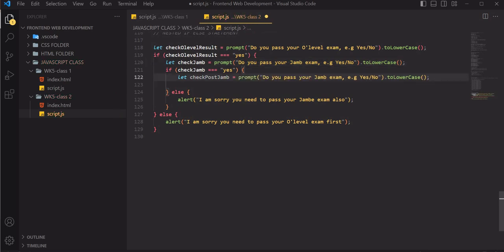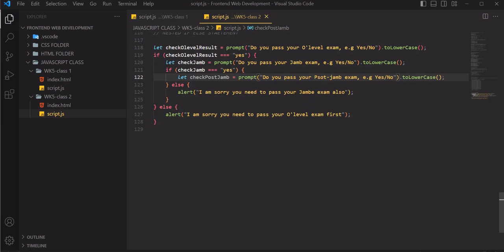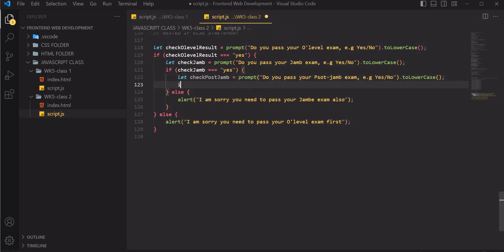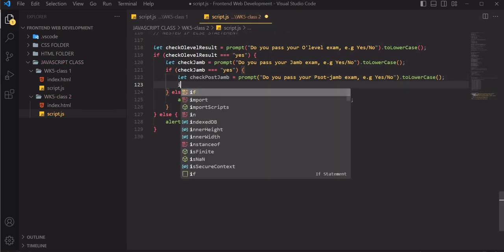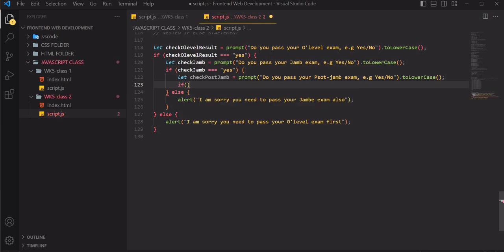Say, do you pass your post jam exam? Yes or no? So you now say if check post jam is equals to yes,